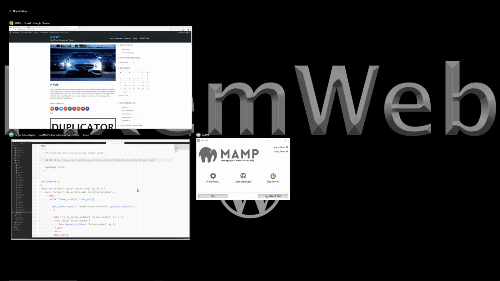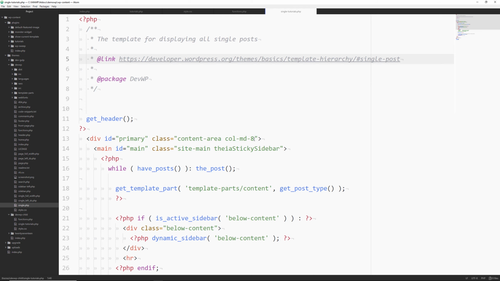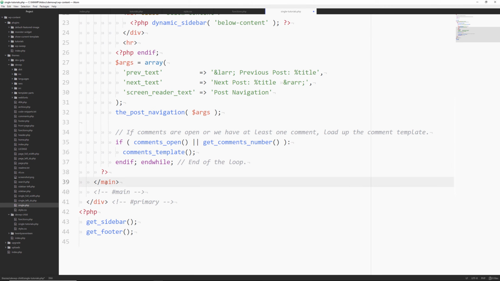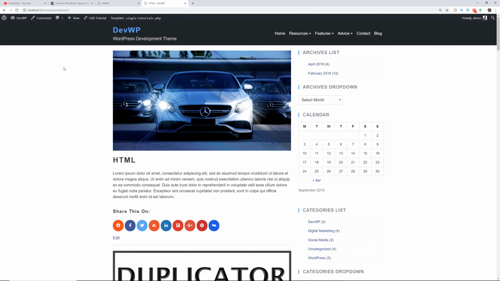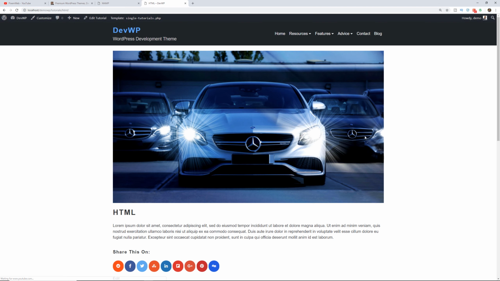So let's say I'm going to go over here and I'm going to make this full column. So I'm going to take that out. I'm going to comment that out right there. Comment that out. And comment this out. All right, so if everything's okay, if we haven't broken anything, I'm doing a dry run over here. Let's see if we have a full screen layout now. And yes, we do. Now we have the full screen 12 columns.